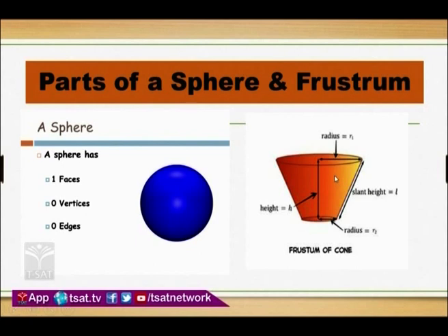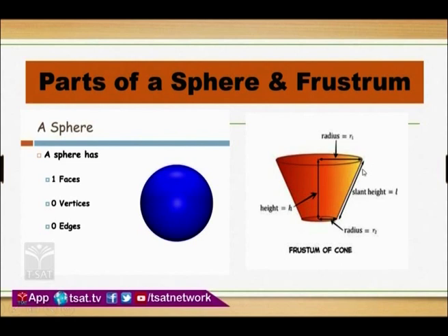The parts of a frustum, if I want to explain, first you must know the shape of the top and bottom of the frustum. The shape of the top and bottom of a frustum is circular. So, when it contains 2 circular shapes at the top and bottom, they contain 2 centers, obviously. The perpendicular line which we join from the top center to the bottom center of the circle indicates the height of the frustum. So, clearly you can see in the picture the line which is denoting the height, where the small letter h is written here.